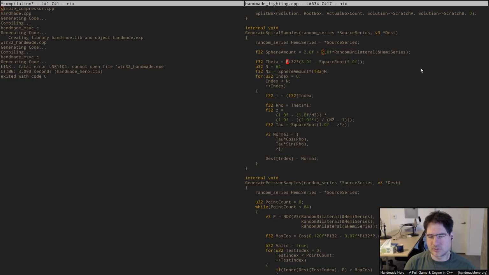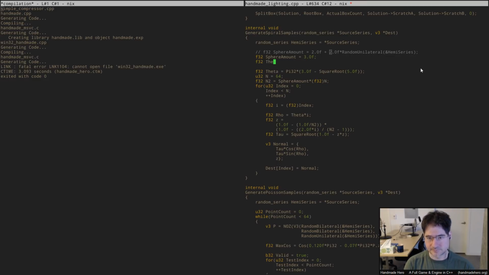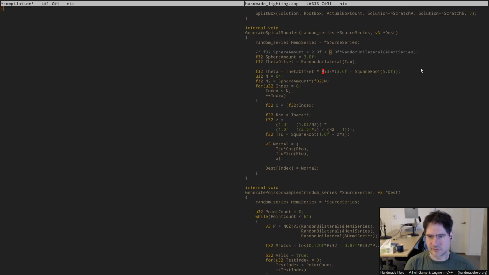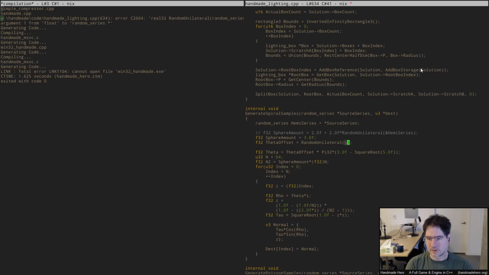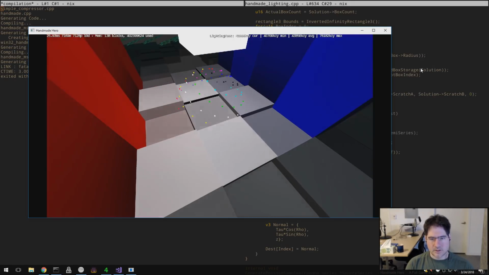And then similarly, if I wanted to, I believe that just offsetting the theta would probably spin it as well, right? So if I said that I locked my sphere amount in as 3.0, and I take my theta offset and do a random unilateral up to, say, 2 pi, well, I don't remember how this affects the series either, but I'm interested to see. Keep wanting to do that. There we go. And so, if we take a look at that,